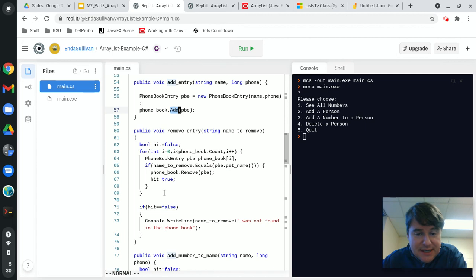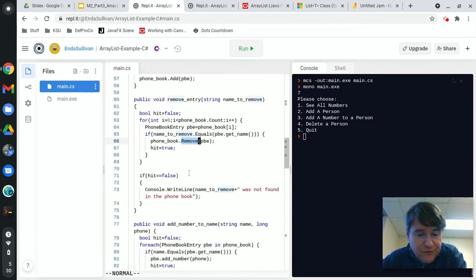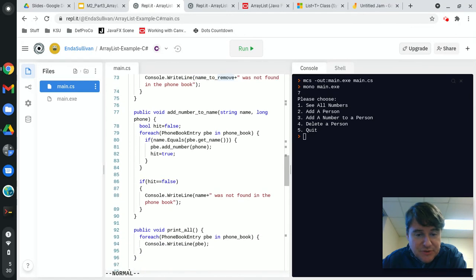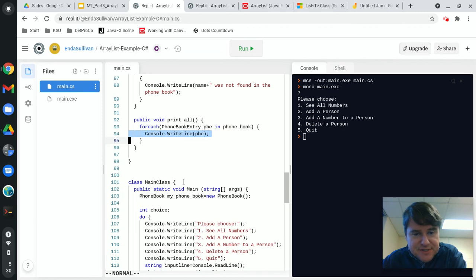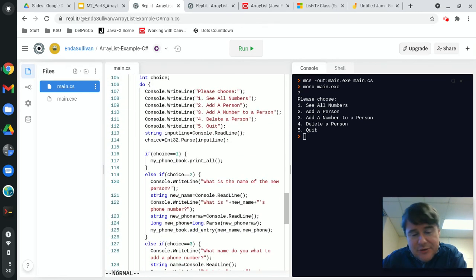The add method has a capital A. The for loop uses .count and .remove. Most of this is all the same. I don't remember having to change anything in here other than obviously the console write lines instead of the system out print line. And down here,